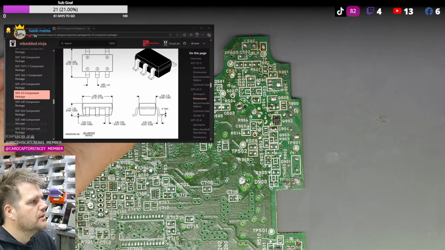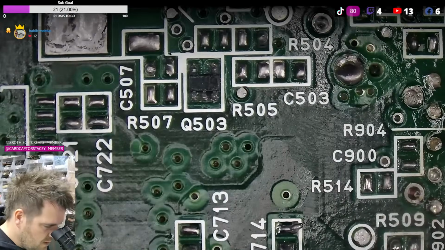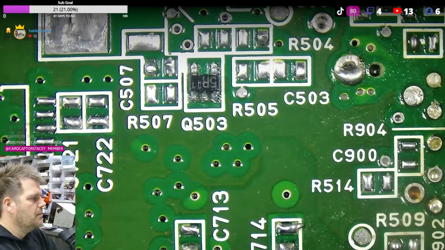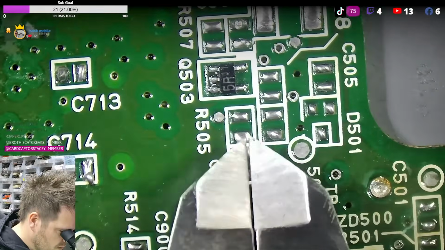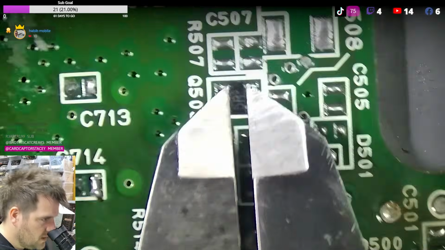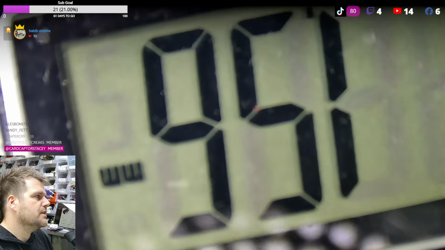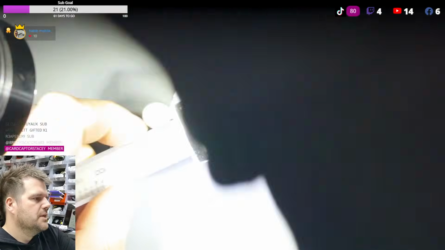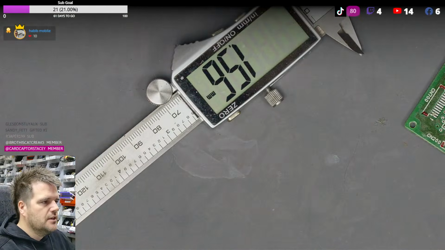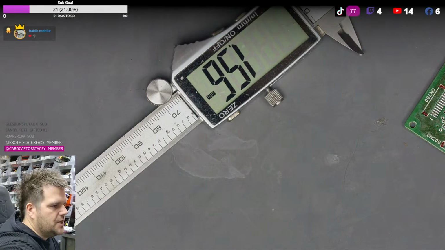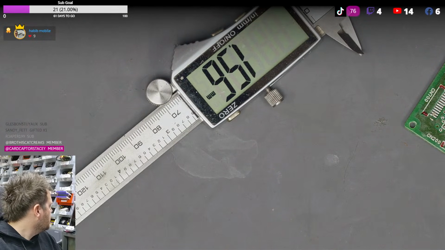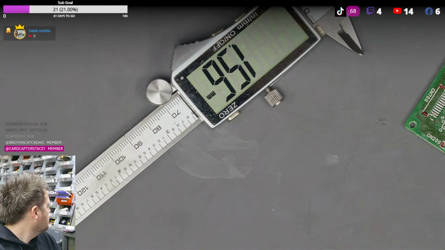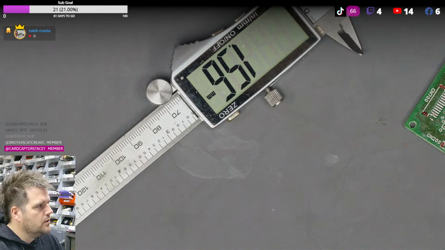So to kind of affirm, if you will, what we think, we want to check if the black body package is somewhere within 1.5 millimeter, and then we're good to say this will be a SOT23-5. There you go, 1.56. So zoomed out a bit, you can see we got 1.56. So we've identified that package as a SOT23-5. So now we know that, we can narrow our search in DigiKey. So if I now pull that back up,